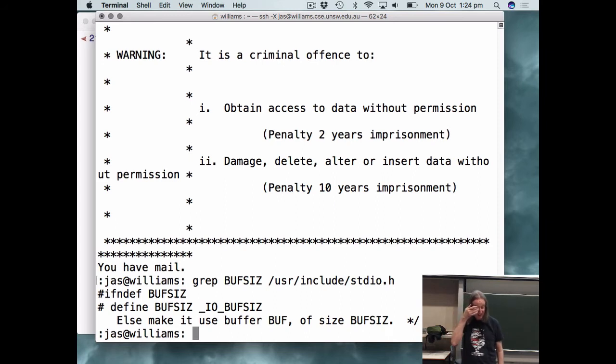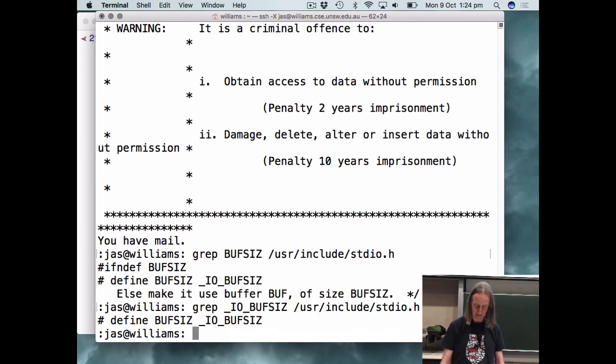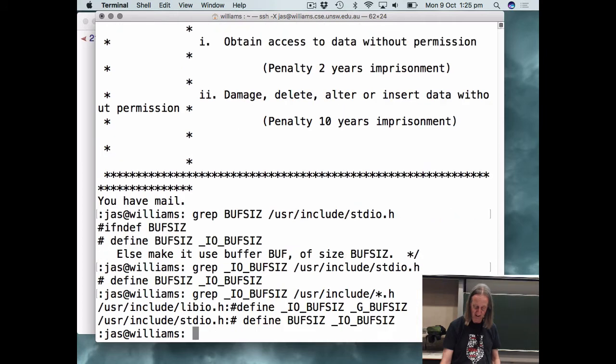Alright, so it's defined in terms of another value, which I guess I could try and find, which will probably be in some other file. Yeah, as I said, it's in some other file. Let's see if we can find which file it's in. Right, I give up. Somewhere there's going to be a hash define of score IO buff size to some number